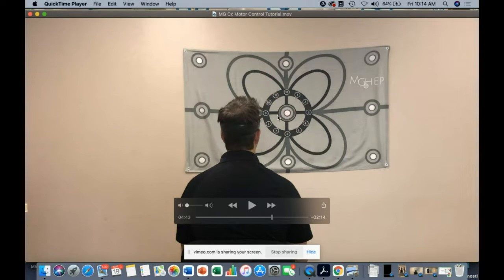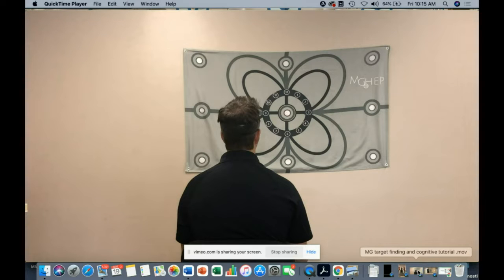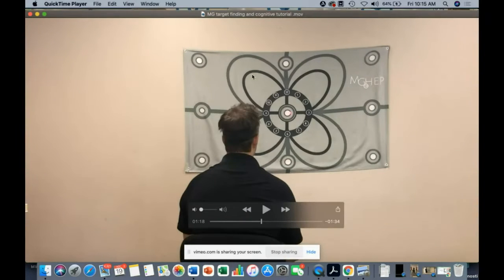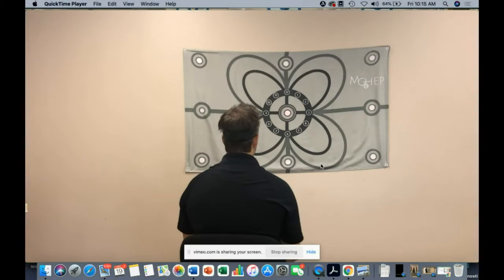If they had a dysfunction moving down to the right, they'd move their eyes down here and the laser would follow their eyes. And so the laser allows us to learn where their pattern is not pure, and therefore they can get feedback on how they're doing without having to use an expensive software or something like that. We can also overlay this with some cognitive activities, and they can move the laser with control and possibly